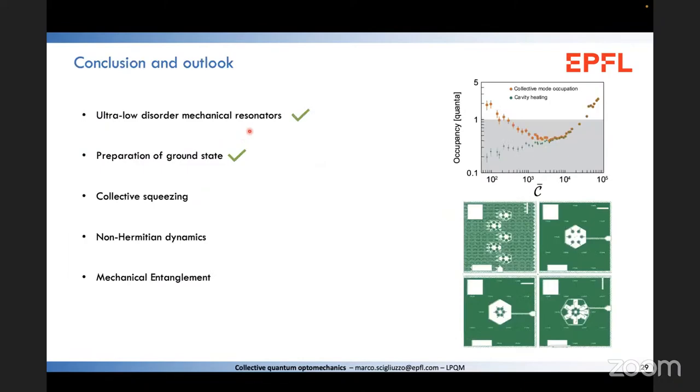So this was my last slide. I hope I convinced you that I'm very interested in this mechanical oscillator, especially with our new platform, because now we can indeed go in this lattice or this more scalable system. We did the first step towards quantum collective optomechanics. We prepared the ground state of the collective system, and now we are already making new designs to get the collective mechanical state squeezed below vacuum. And we are also interested to see in this system non-Hermitian dynamics and possible entanglement between different